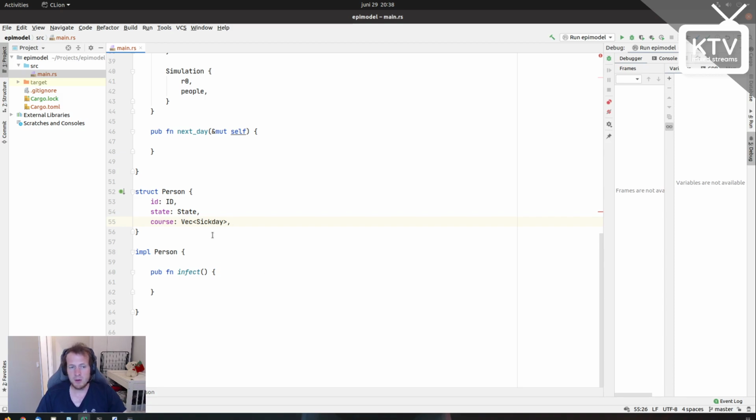So I'm going to come here and see. Person has a course of sick days. Actually, here we could use an array in Rust. Arrays, as far as I understand, are hard coded at compile time. So you will not be able to use an array here because they will presumably have variable courses. I do want to keep the ability to tweak the R parameter because it could be interesting, but we could